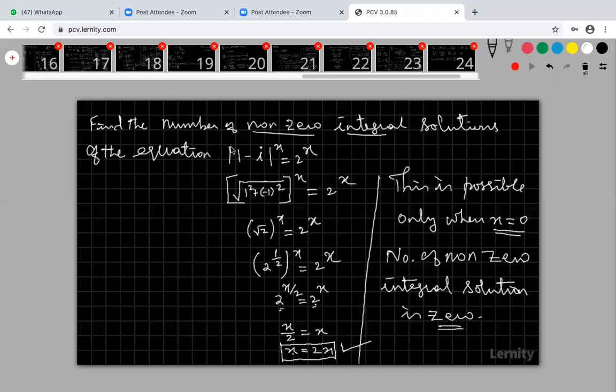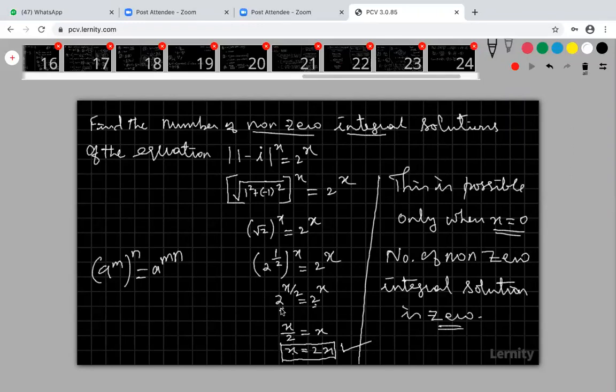Okay, now look at that. Here modulus is there. I am just applying the modulus. What is my modulus? Root of a square plus b square, power x, 2 power x. This is nothing but root 2 power x. My root 2 means 2 power half. Can we multiply these two powers? Yes, we have a formula: (a power m) power n can be written as a power mn. We can multiply these two powers, x by 2.